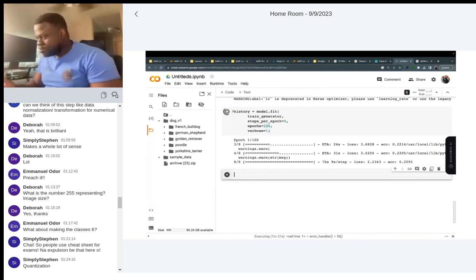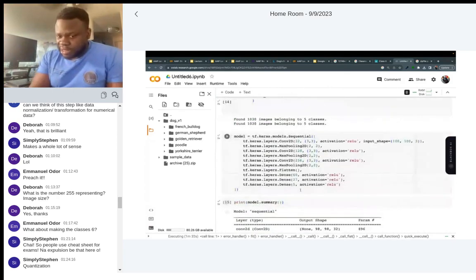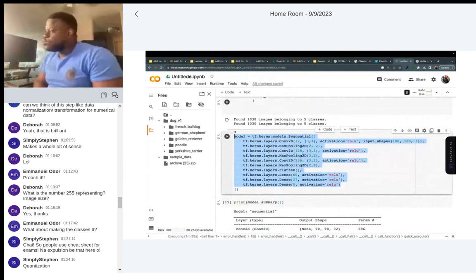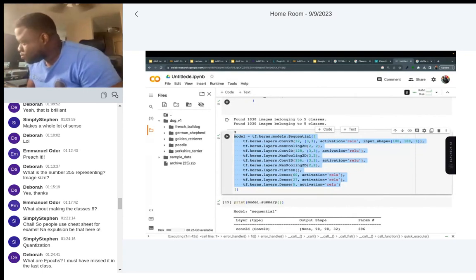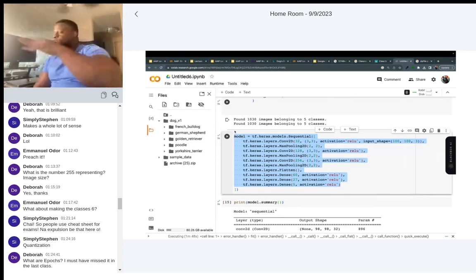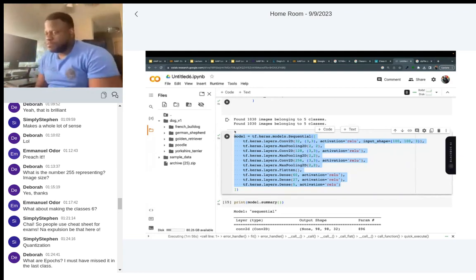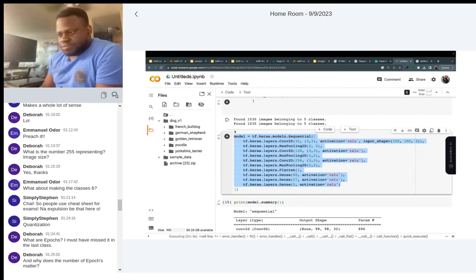NAS comes with AutoML. So now there are some things that do all this one that we're doing manually, so that you can understand it. There are some things that will help you select the model. It just tells you, what's the maximum size of model you want, or the maximum number of parameters you want. If you say I want 1 kilobyte, it will search for the best accuracy under 1 kilobyte. If it comes with 55 accuracy, that means you should increase it. That's something I wanted us to do this class, but I want you to see the manual approach, see the beauty of it, and then we will do NAS.